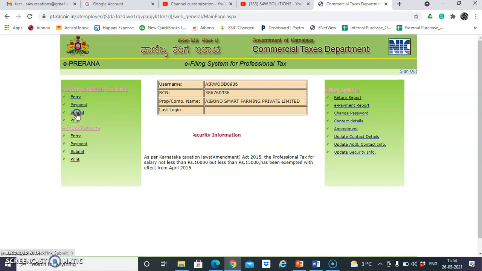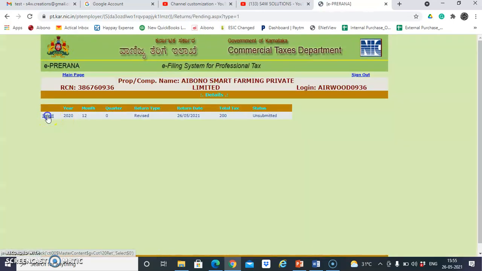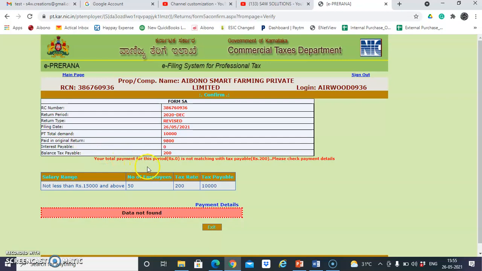Then you have to come here for the submit button. Select it. Once you have added that, your amount will come and sit here, in the blank between this and the above box. After that, you can see that it matches the 200 rupees paid. Once you have done that, you can submit.